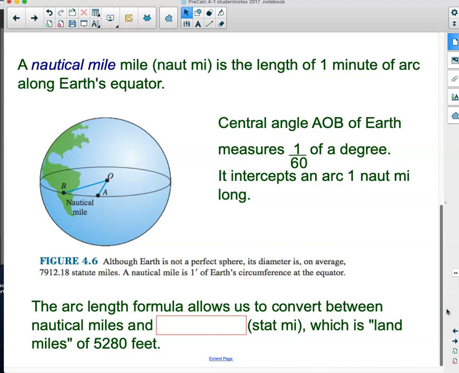So, we have some information underneath this that we don't normally have to pay attention to. But what it does is it informs us about some measurements that we need for these problems. Although Earth is not a perfect sphere, because it's not, its diameter is on average 7,912.18 statute miles. A nautical mile is 1 minute of Earth's circumference at the equator. Well, if I'm going to use this to find those distances, I'm going to have to figure out what is the radius of Earth. So we would have to take,